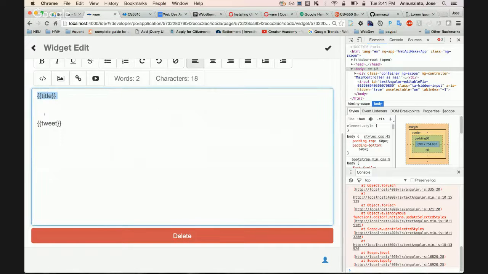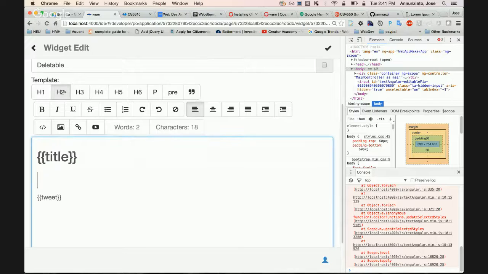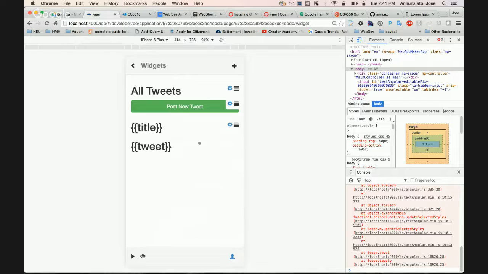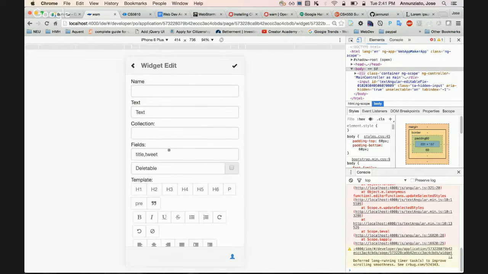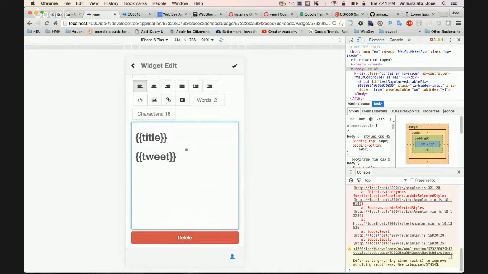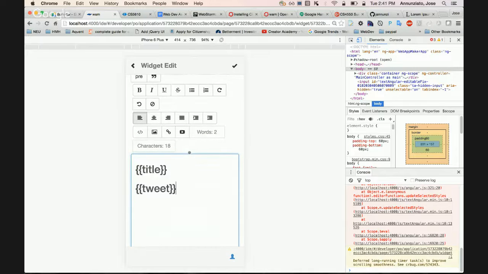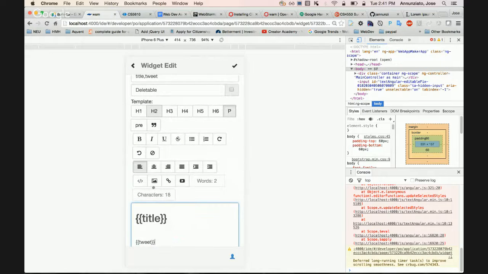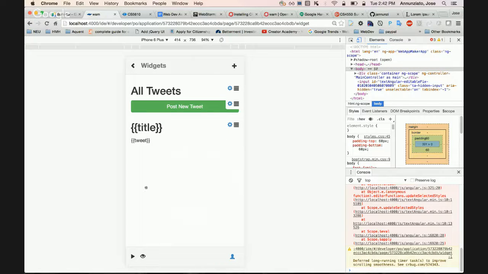So I'm going to say that this is H2, and the rest is just a regular paragraph. So I say okay. No, that didn't look right. No, I don't want both as headers. I want this as a header. I don't want this as a header. No, just a regular paragraph. Let me try that. All right, so if I run this,